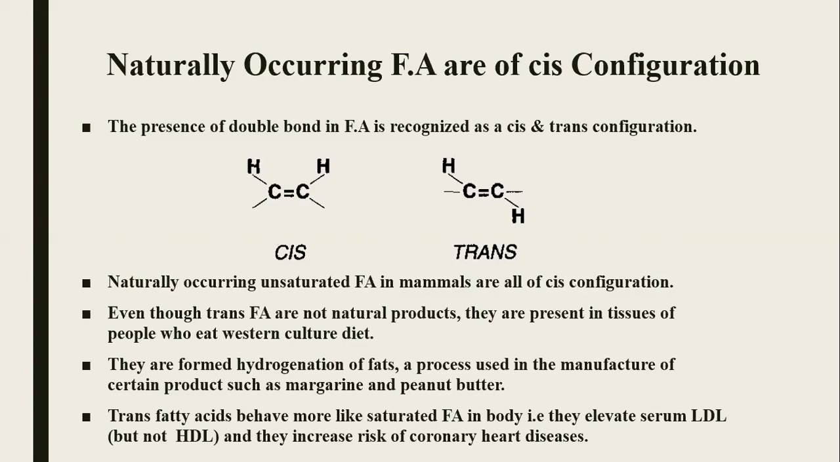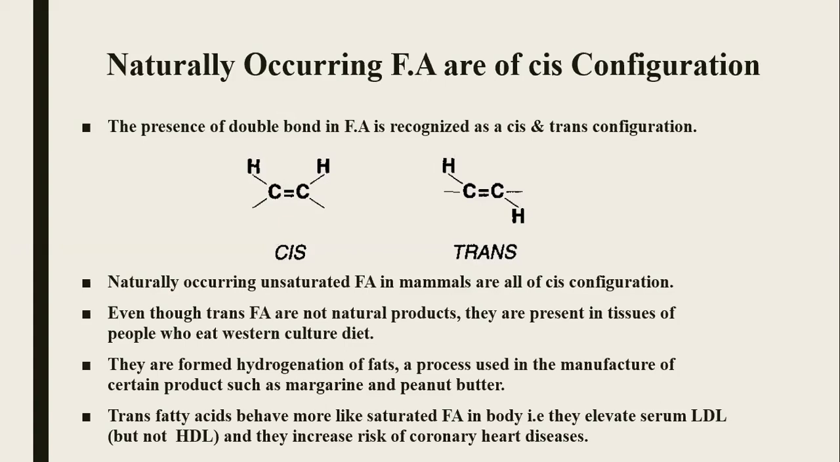Trans fatty acids do not occur naturally in plants, but they occur in small amounts in animal fat. A small amount of trans fatty acids is found in ruminant fat. They are present in cow's fat, butter fat. Butter fat contains only 2.7% trans fatty acid. So where do trans fatty acids in ruminant fat come from? They arise from the action of